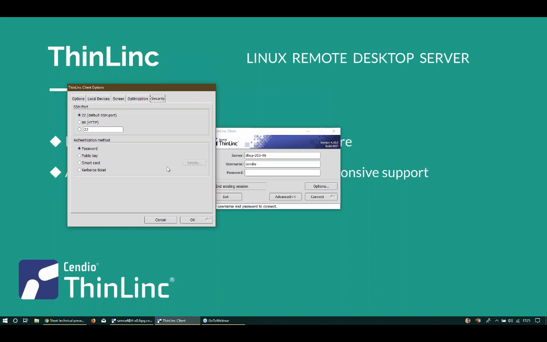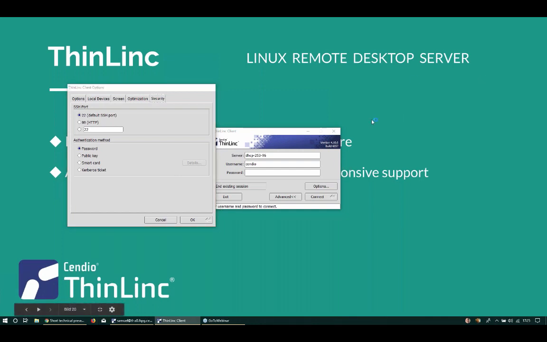And since ThinLinc authentication is based on PAM, which is the underlying authentication method in all Linux systems, we also, of course, support one-time passwords from Radius, for example, or Duo, Google Authenticator, stuff like that. Works flawlessly. ThinLinc is using SSH for the regular clients and TLS for the web clients.